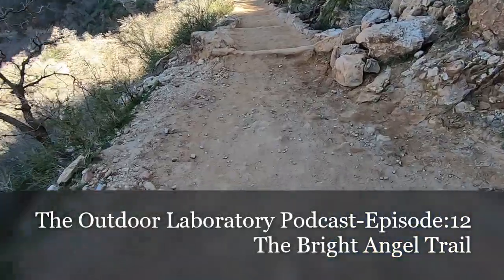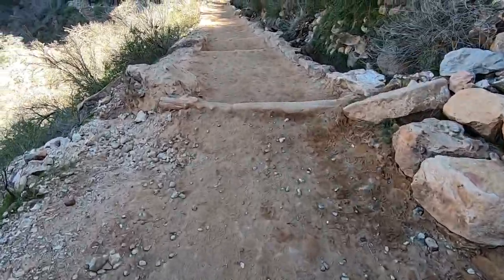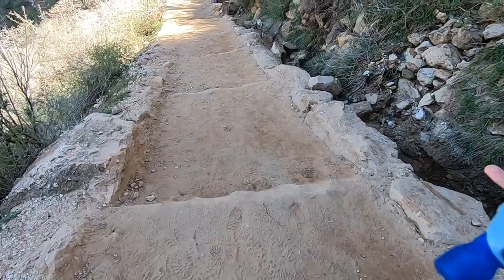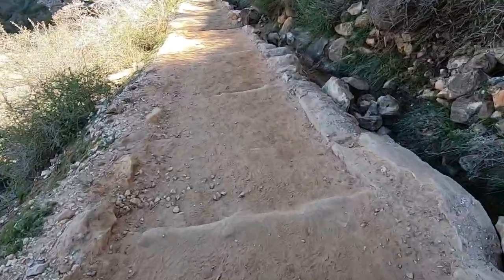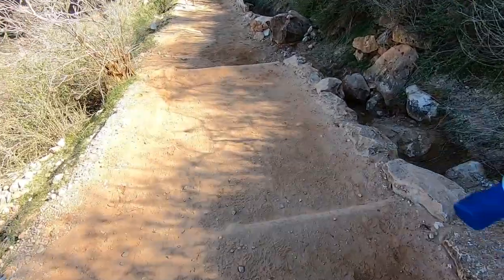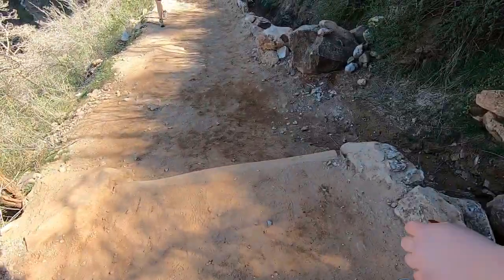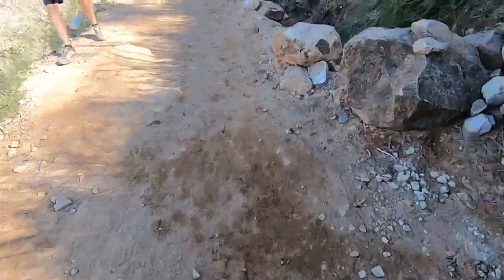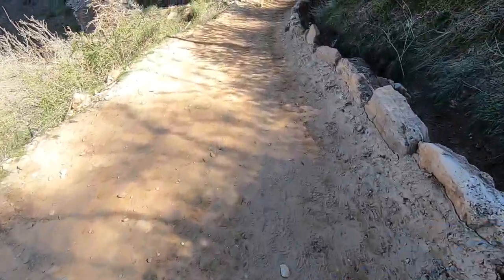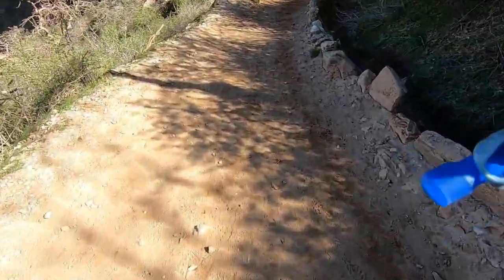I'm your host, Danny Capo, and today we're going to be visiting the Bright Angel Trail. The Bright Angel Trail is one of the most popular trails on the south rim of the Grand Canyon National Park. Located here is the Bright Angel Fault, which has formed a natural corridor that has let early Native Americans and animals get below the rim. This trail passes through the Indian Garden, and it's about a 5 mile trek to get down there